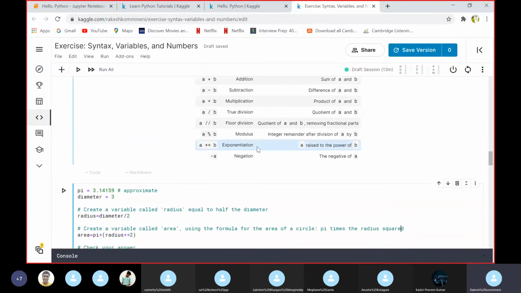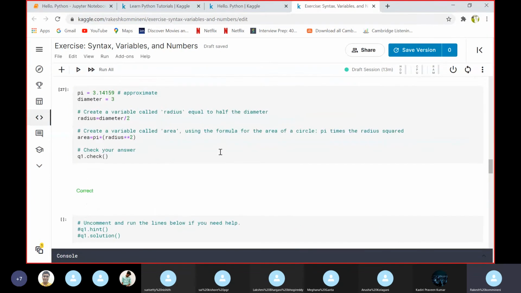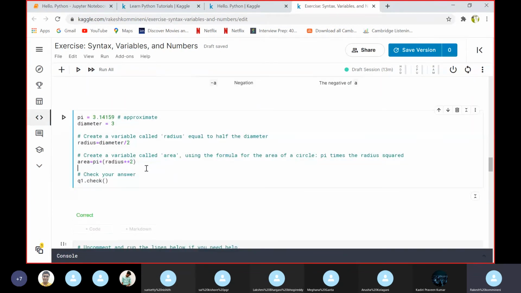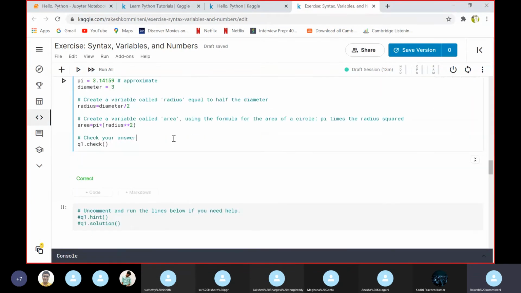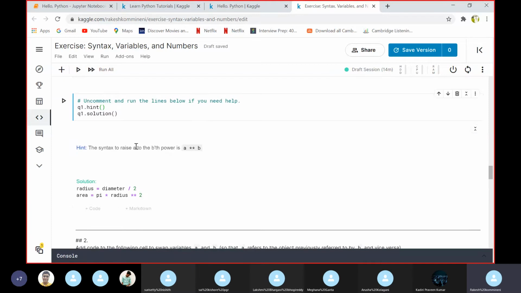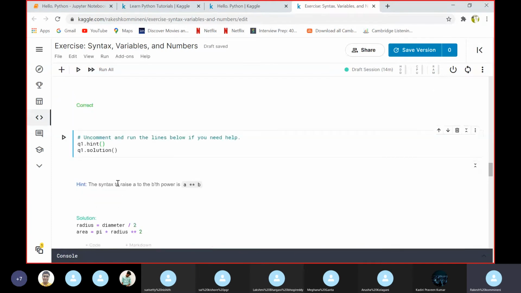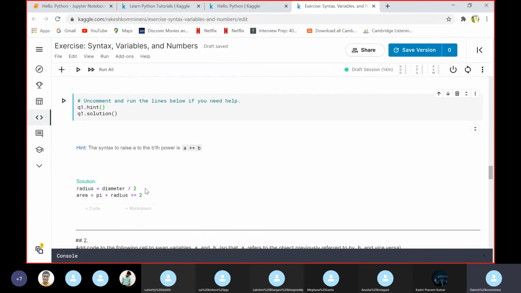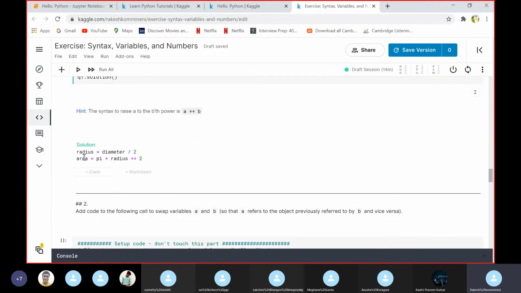So we are using the exponentiation here. Then we are getting the correct answer. If you want to see the hint and solution, we have to uncomment these hints. Here they have given this hint, and the correct answer is here, the solution.